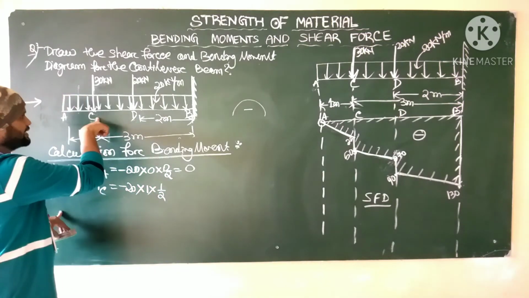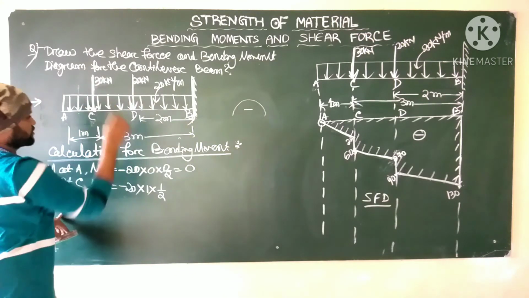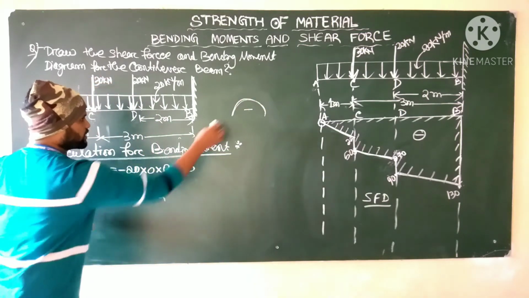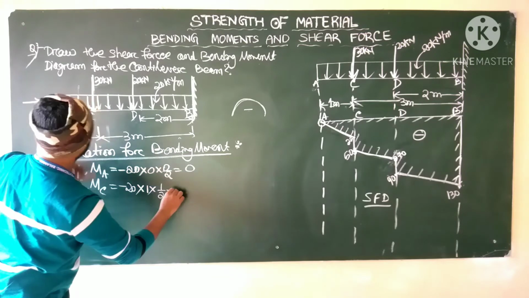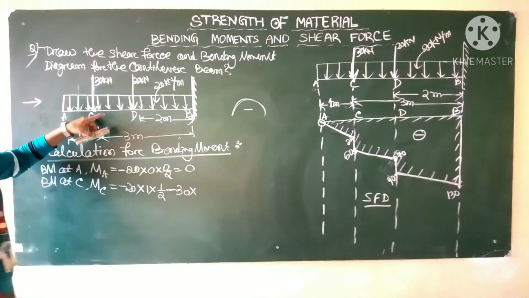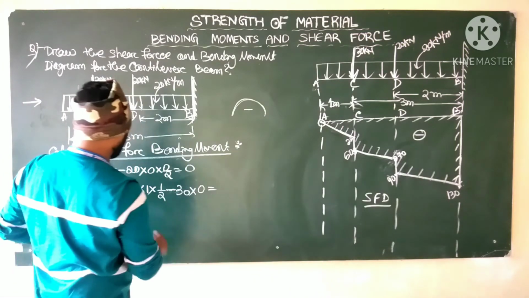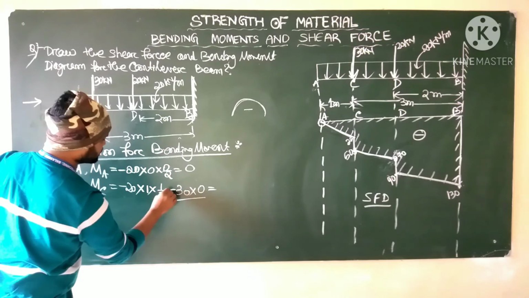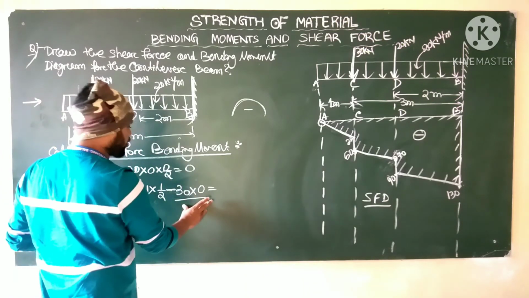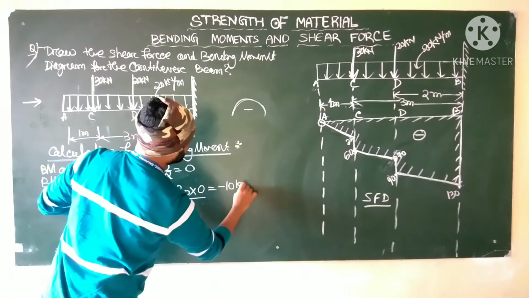Then at point C, there is a point load. There is a point load of 30 kilonewton. For the point load, the beam also bends downward, so it is negative. So minus point load amount is 30, and the distance is, we are calculating at C, the point load is at C, so the distance is 0. Thus the value becomes 0. This is the value for the UDL, this is the value for the point load, and the point load value is 0, so this amount is minus 10 kilonewton meter.